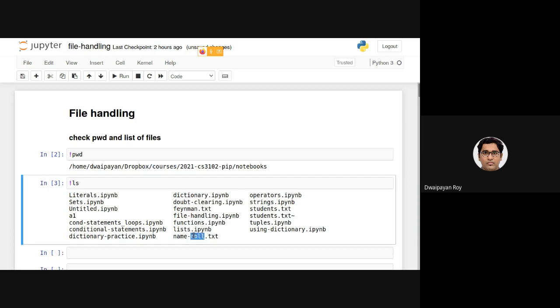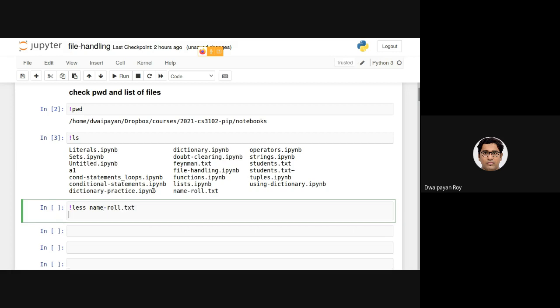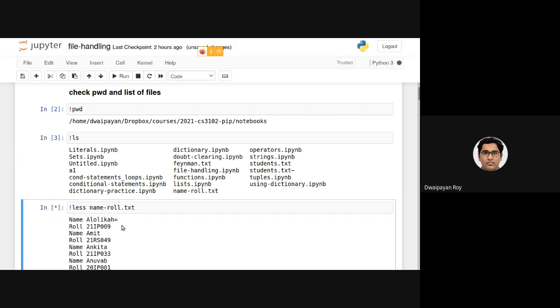For example, if we want to look at this name role.txt file, we can simply apply this. Neither of these are Python commands. I am just showing you some Jupyter Notebook commands. Let's say name. So you can see this is the content.